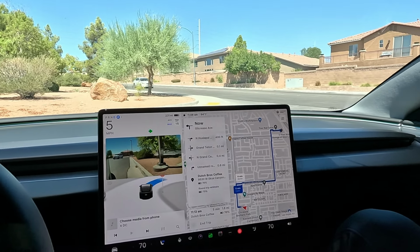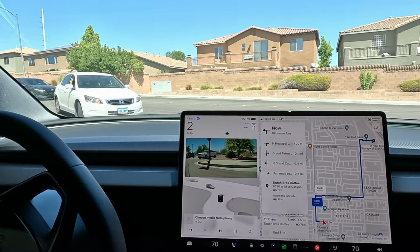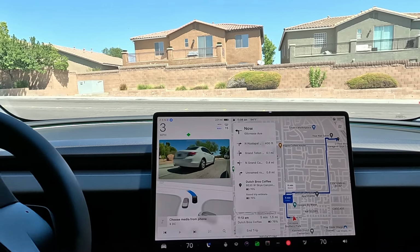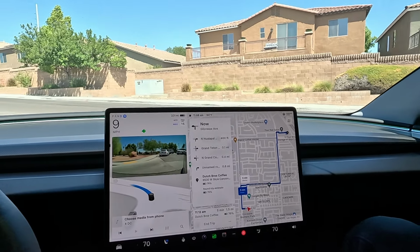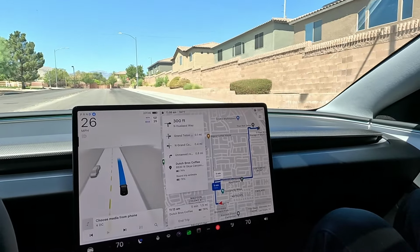Pretty close to that curb too, but clear. Very good. And we got a car pulling in. Let's go ahead and disengage. Wait, hold on. Let's see what it does. I thought we were going to have to, but we were good. We're clear on both sides. Pulling out. So that guy was a little aggressive pulling in on us. I don't think I would have done that to another car,